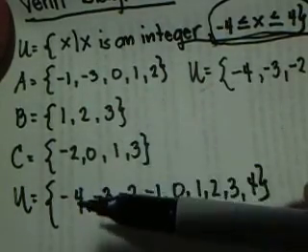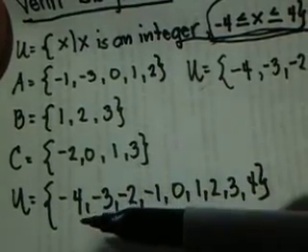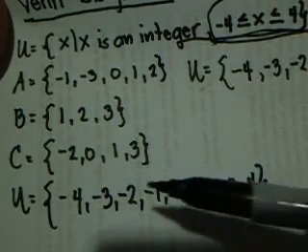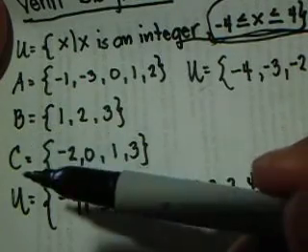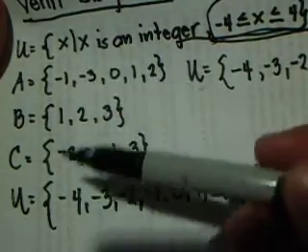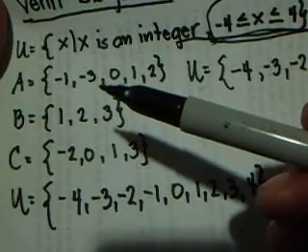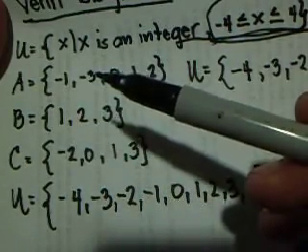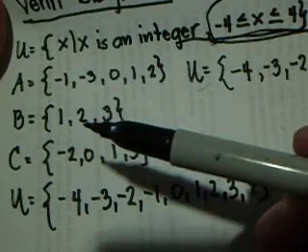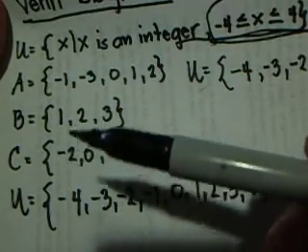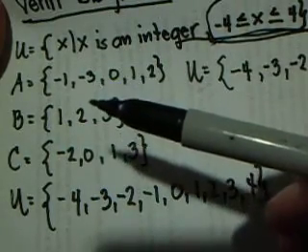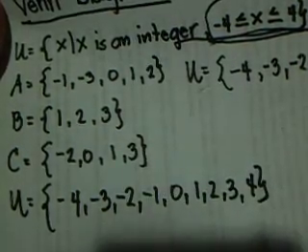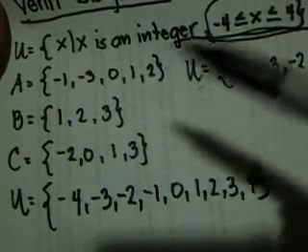But how are you going to make a Venn diagram? In making a Venn diagram of this, we know that the universal set U contains all elements of A, B, and C. We need to identify which elements are also elements of A or B or C: elements of A found in B, elements of B found in C, elements of C found in A, or an element of A that can be found in both B and C. So what you're going to do now is identify those elements.